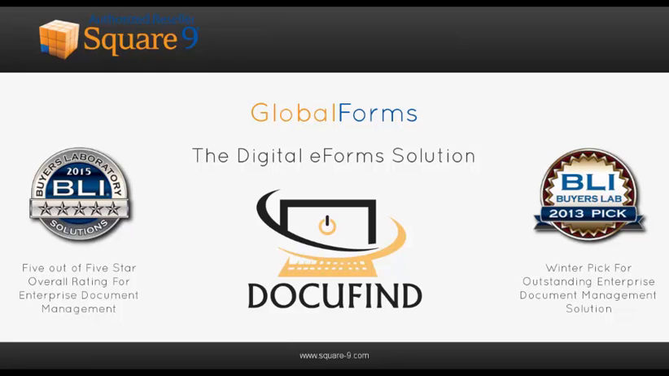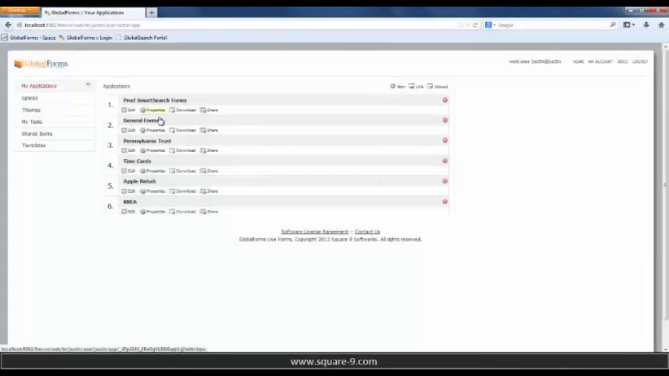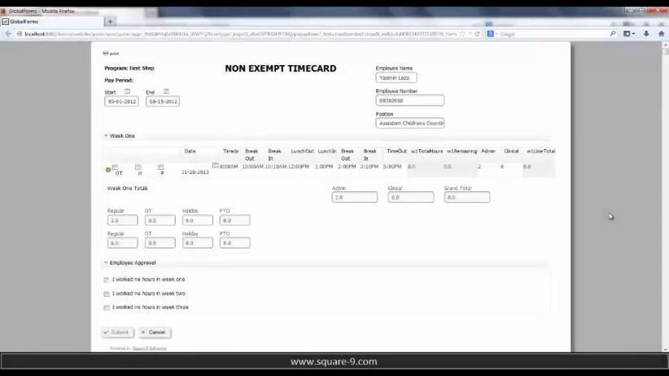Hello, and welcome to a presentation of Square9's GlobalForms solution, a digital eForms solution specifically designed to enhance data collection and document creation for a wide range of businesses. GlobalForms is a dynamic web forms creation tool that allows users to build company-specific digitized forms to quickly and easily capture required information, including wet signatures, for a variety of mandatory documents, including expense reports, patient registration forms, timesheets, and